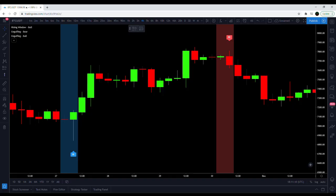Welcome to Trade Pro. It's time to test the bullish engulfing candlestick pattern and the bearish engulfing candlestick pattern 100 times in a row to see if it's profitable or not. Now, I'm going to use the TradingView bullish engulfing candle and bearish engulfing candle finder to actually get the